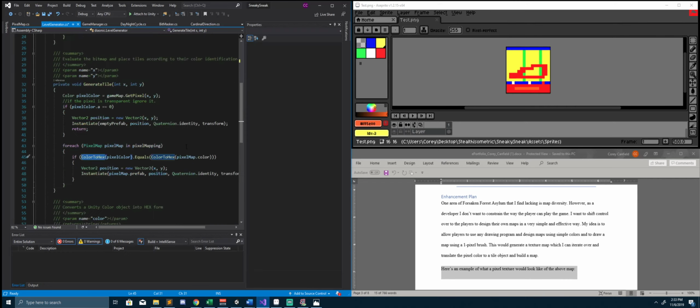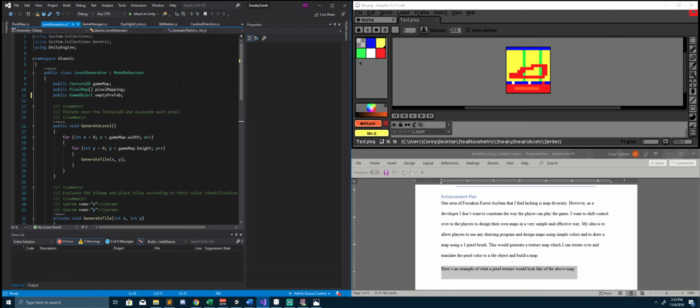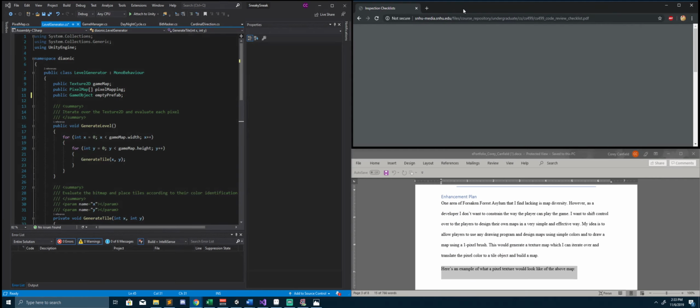So that's the basic portion of the code that we have. And if we go over the checklist here, I'm going to do this video in 3 parts. This is part 1 for the level generation, and then I'm going to do 2 separate videos and then combine them. But if we go over this checklist,